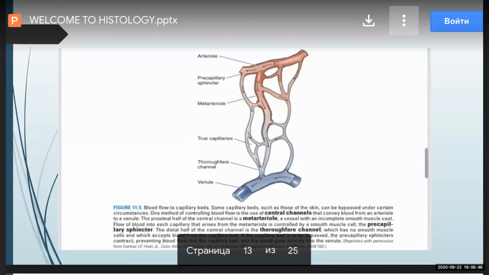For example, if you are doing an operation, and you want to cut